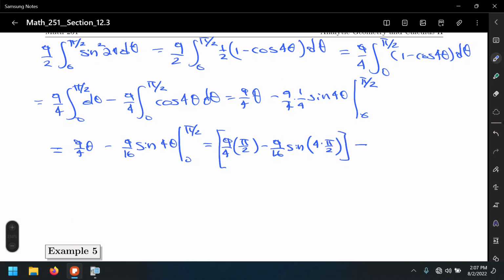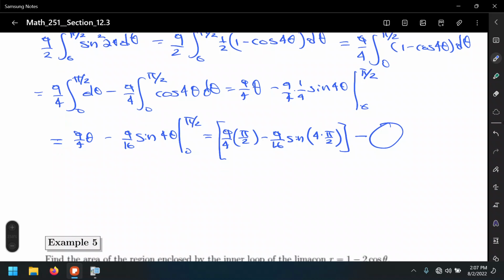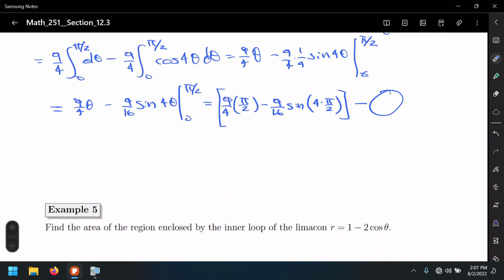minus, okay, do we agree that if we substitute the lower limit of 0 to both terms right here, that's going to get a big 0? Well, number one, 0 times 9/4 is 0, and sine of any multiple of 0, isn't it 0? So big 0. Just to denote that we are skipping these calculations. It's fine if you do that on the final exam, right? And well, that's 9 pi over 8,